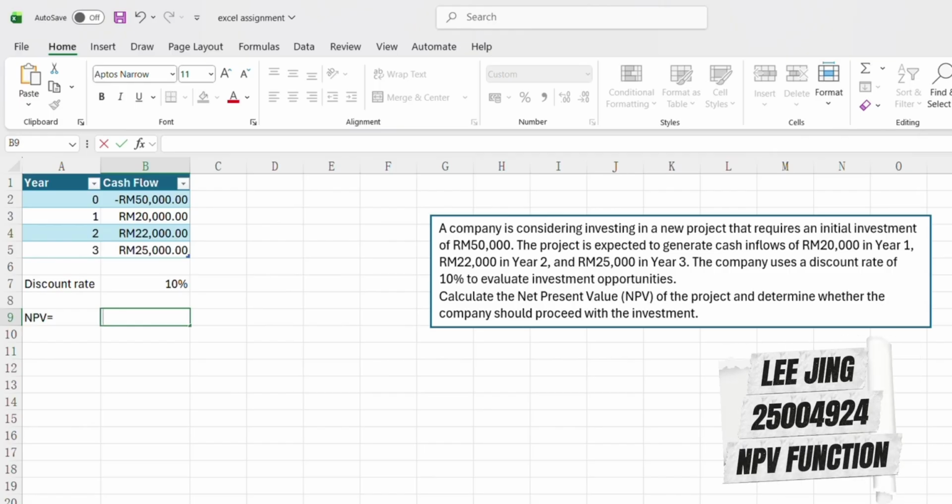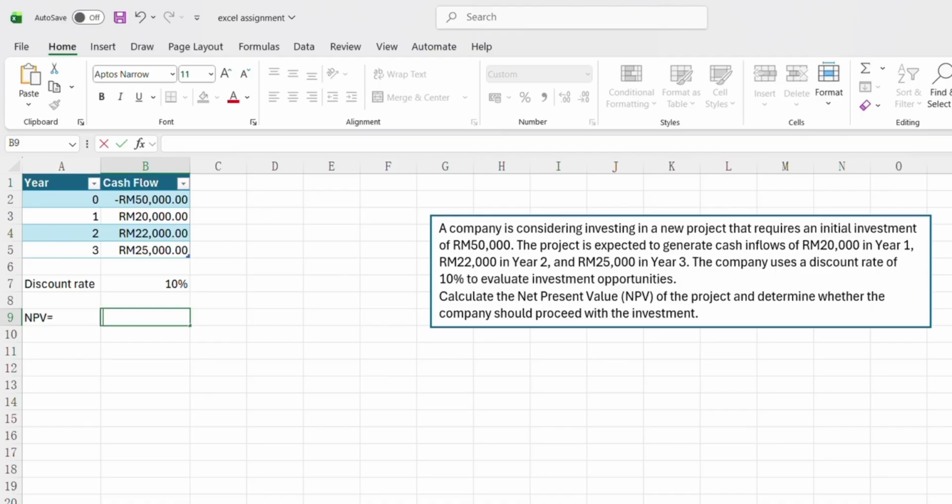I will be explaining how to use the net present value function in Excel. The business case here is asking us to find the NPV of their project and to determine whether the company should proceed with the investment or not. Based on the data here, I've already tabulated it into the table, and I've keyed in the discount rate